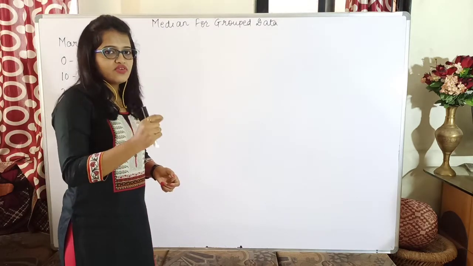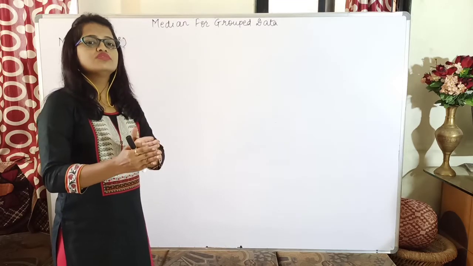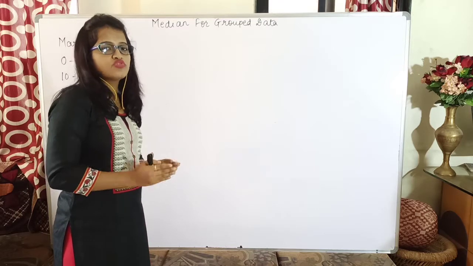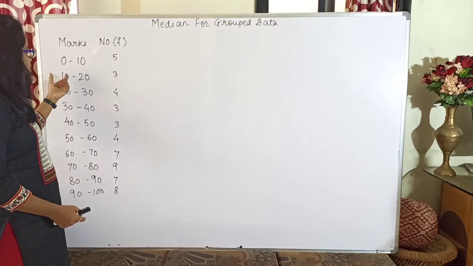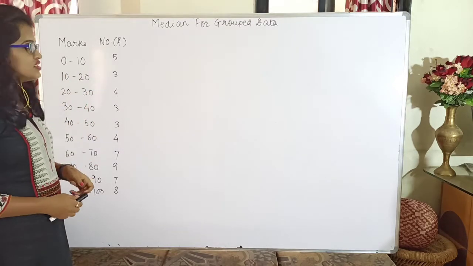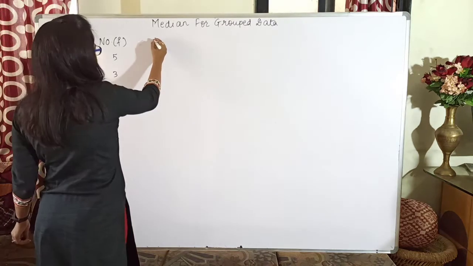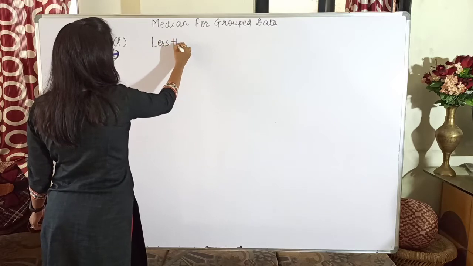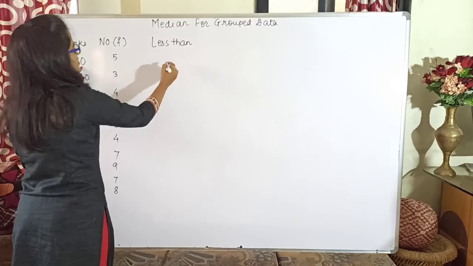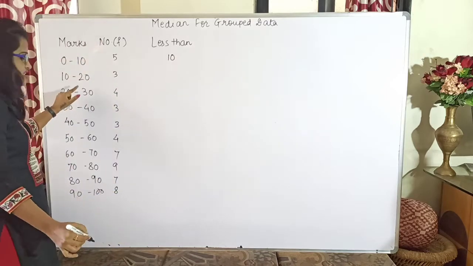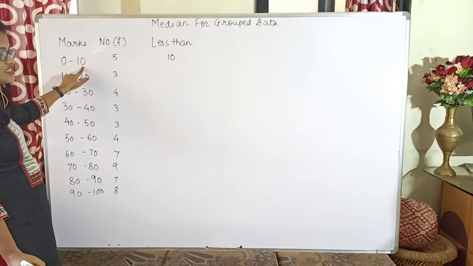In that case, the data was discrete and hence our cumulative frequency column was up to some value, up to the next value, up to the third value. But here I cannot say up to. So here we are going to write them as less than. Okay, so the heading I will write as less than, meaning how many values are there less than 10. Now since it is a continuous class, the 10 value will be considered in this class and not in this class, isn't it?